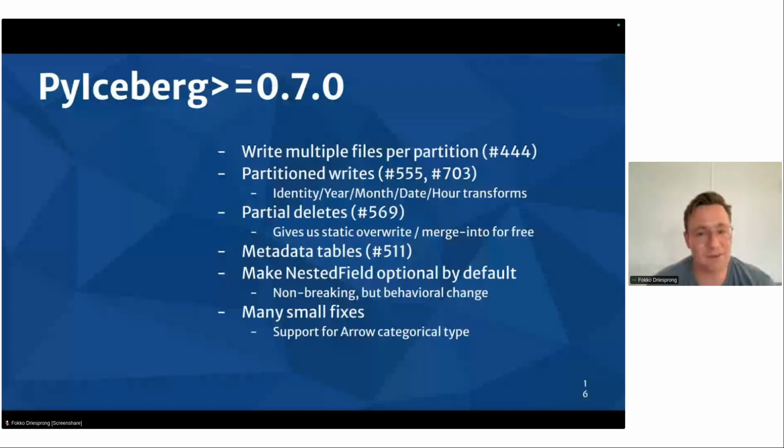feature. What it allows is, if you have a very big table in memory and you want to write this out, by default it was just writing one file per partition, and if it's unpartitioned, it would write this single write operation to one Parquet file. This can take a very long time because writing Parquet is quite hard to parallelize. So what Kevin fixed is that we now write it to separate files, and this way we can parallelize it. If you're interested, please check out the PR. It also shows some benchmarks there.